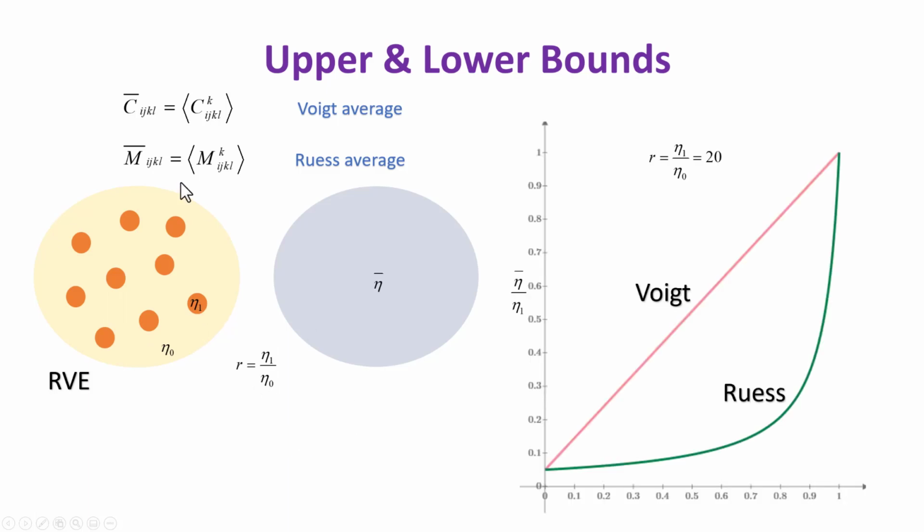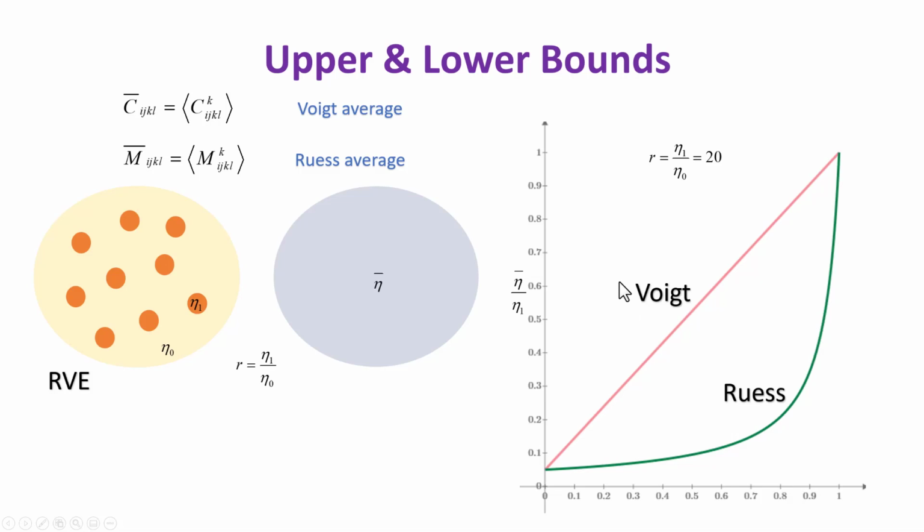Now the simple situation is we can consider the Voigt average. So take the situation of the viscosity ratio of 20. At concentration of 0 of the second phase, the effective viscosity divided by the strong phase is 1/20th. So at concentration 0, it's 0.05. As we increase the concentration of the second phase, the Voigt average increases linearly. So the effective viscosity increases linearly as we increase the amount of the strong phase. If we use the Reuss average, the effective viscosity goes up along this green curve.